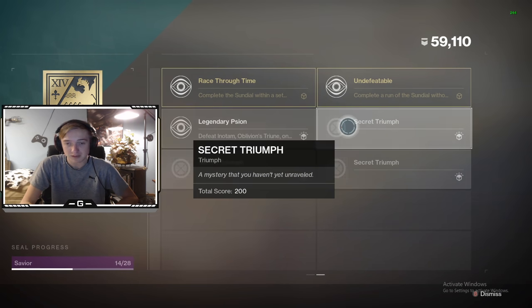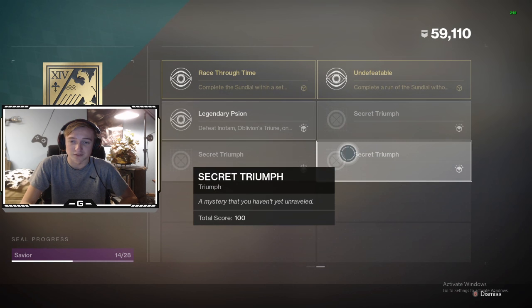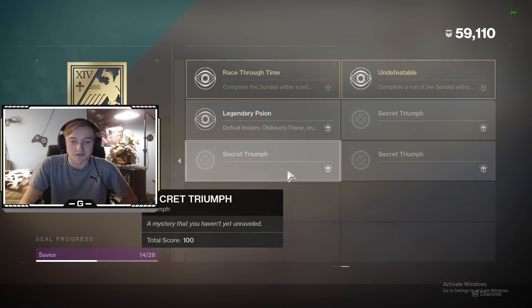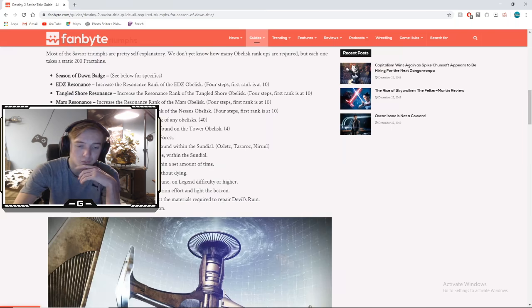Next, for these last 2 secret triumphs, 2 of them are just going to be for getting the exotic for the season, which you need for your collections page anyway, which leads us to our final one, which wants you to